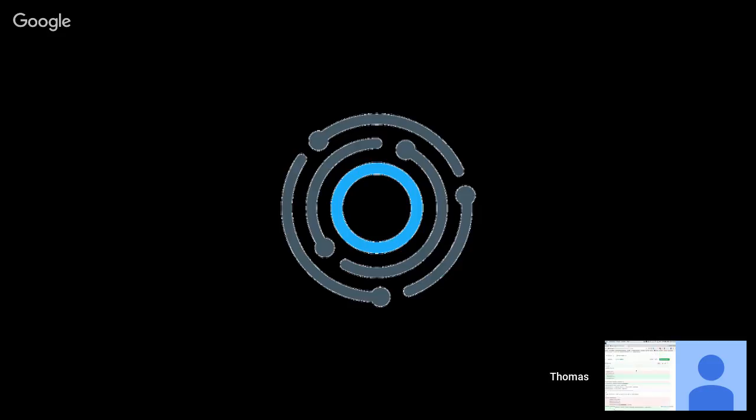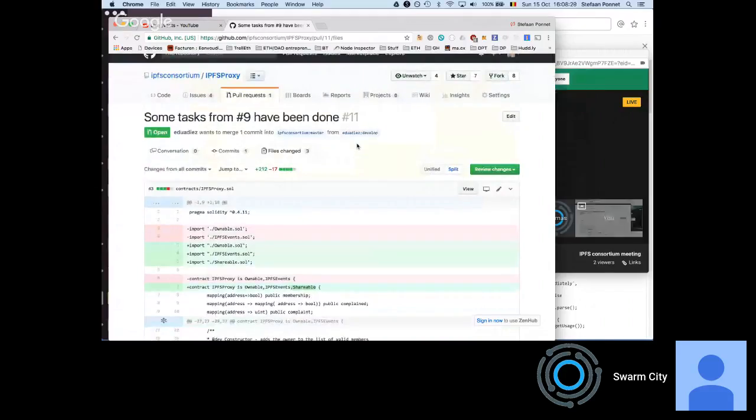Hello, thank you. We were just looking into the first issue on the agenda, to see how we could create some sort of a very simple governance model into the IPFS consortium contract. So our initial idea was to integrate the multi-sig functionality. Eduardo has been doing some work on that, and was just explaining what he had done.